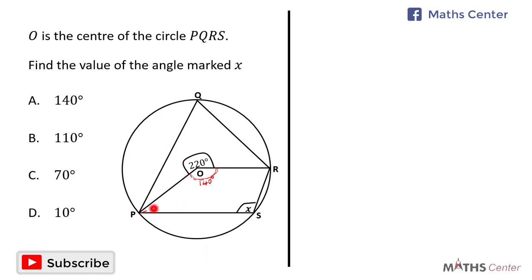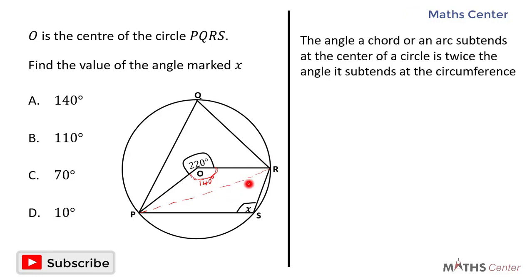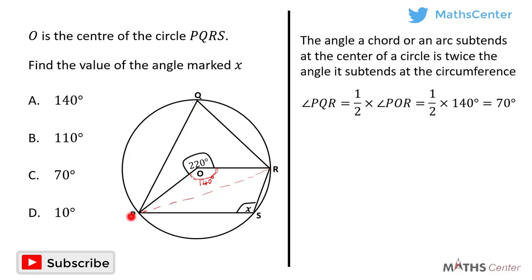Let's join point P to point R to form the chord PR. One of the theorems of a circle says that in a circle, the angle a chord or an arc subtends at the center of the circle is twice the angle it subtends at the circumference. So it means that the angle that the chord PR subtends at the center is 2 times the angle that the same chord PR subtends at the circumference. So what it means is that angle